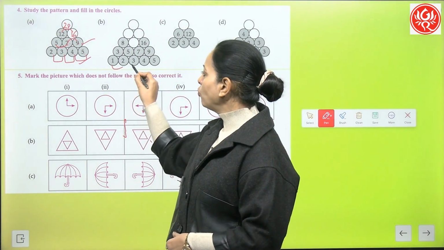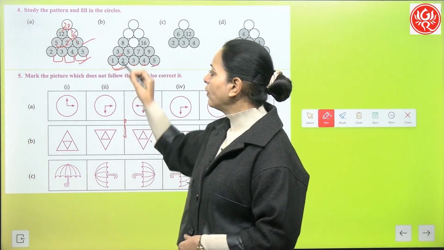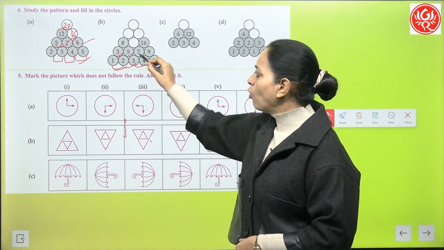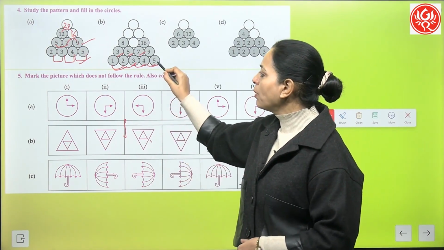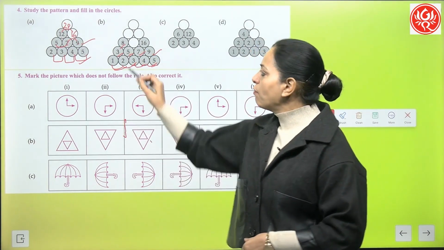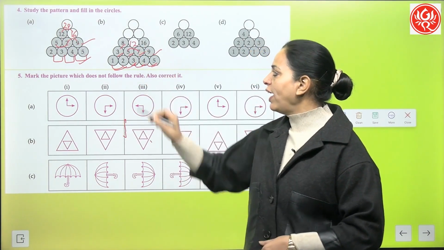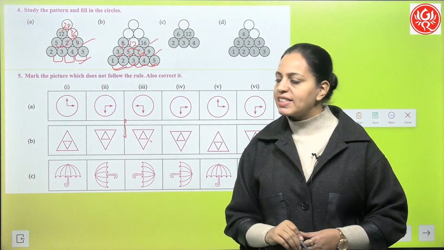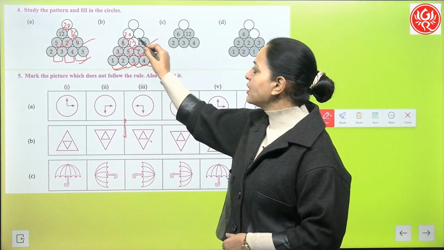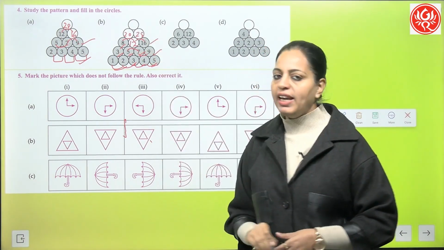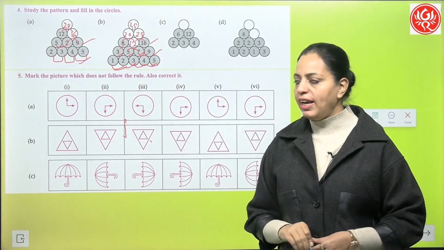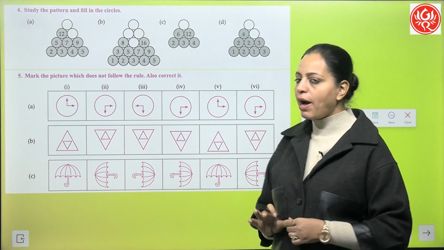See, 1, 2, 3, 4, 5. 1 plus 2, that is 3. 3 plus 2, that is 5. 3 plus 4, that is 7. And 4 plus 5, that is 9. So here 3 plus 5, 8. 5 plus 7, it is 12. And 7 plus 9, 16 is given. Now 8 plus 12, this is 20. Now 12 plus 16, it is 28. Now 20 plus 28, this is 48. Okay, similarly you can try remaining parts, right?